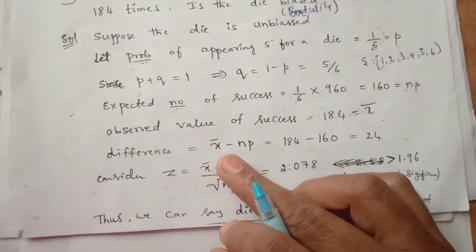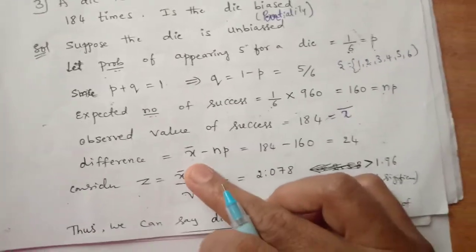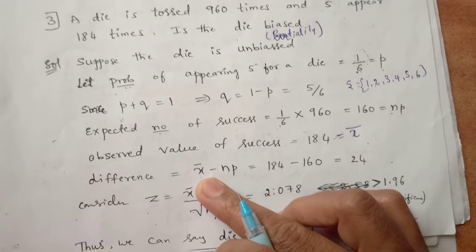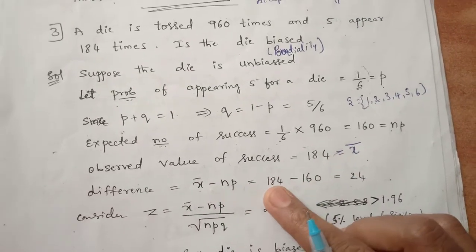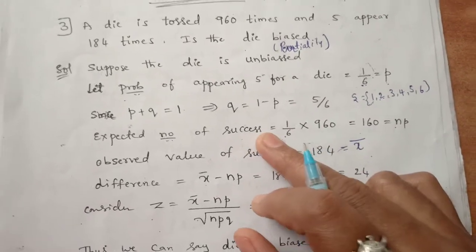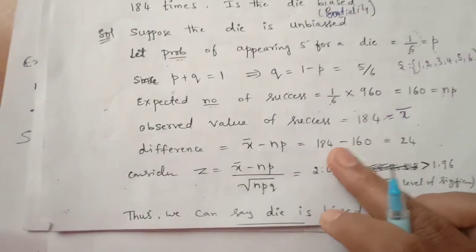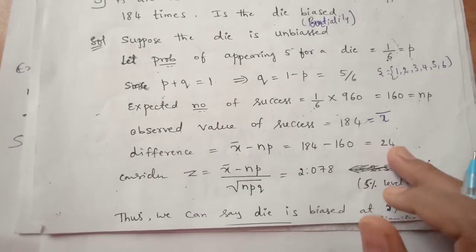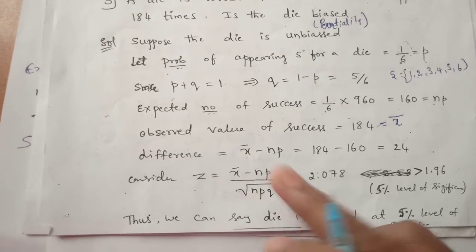Now the difference x bar minus np: either you can substitute directly here, otherwise we find the numerator term separately. X bar minus np, x bar means observed number of success 184 minus expected 160, that is 24. Substitute here and square root of n into p into q, substitute the values, you get